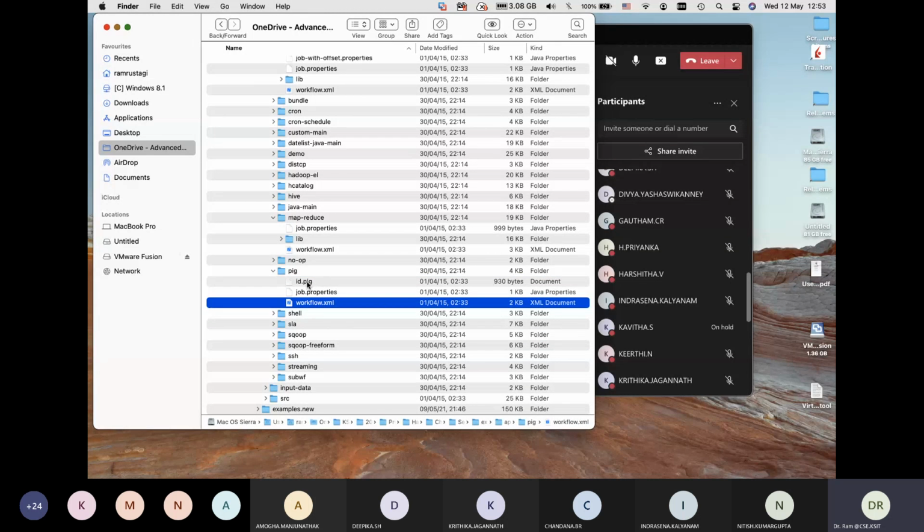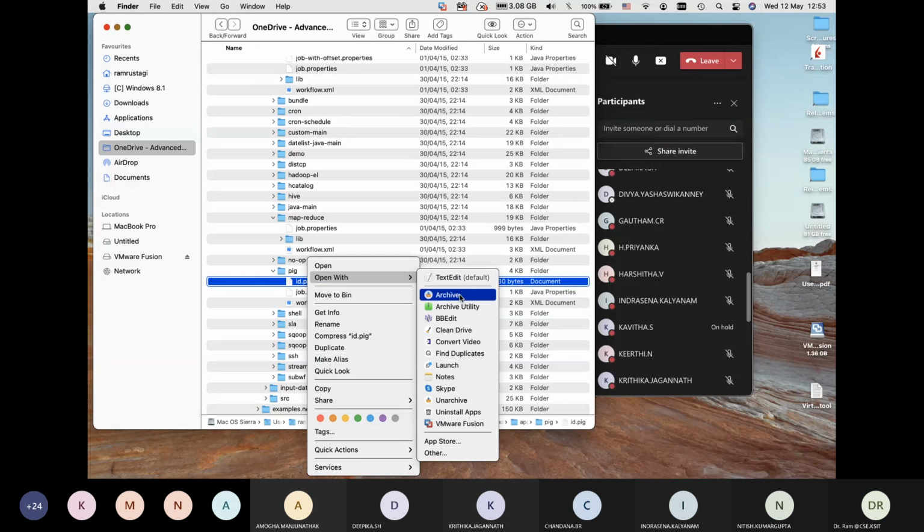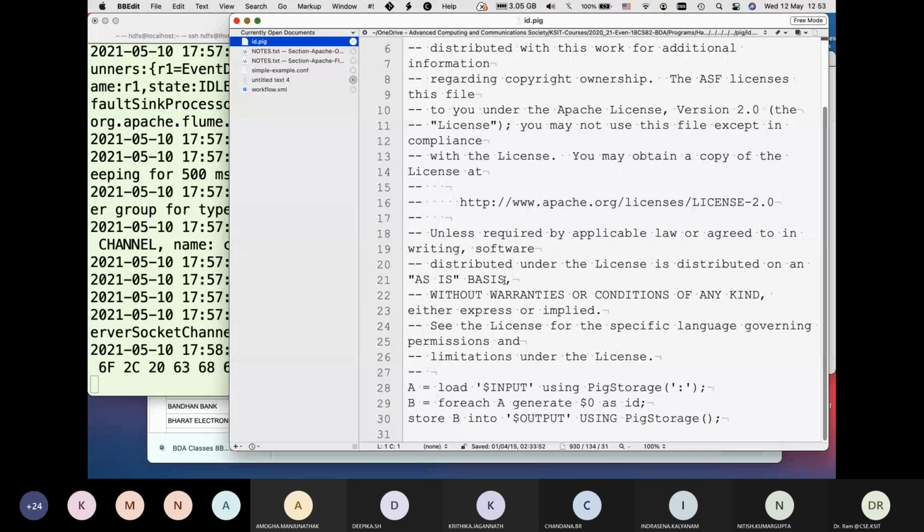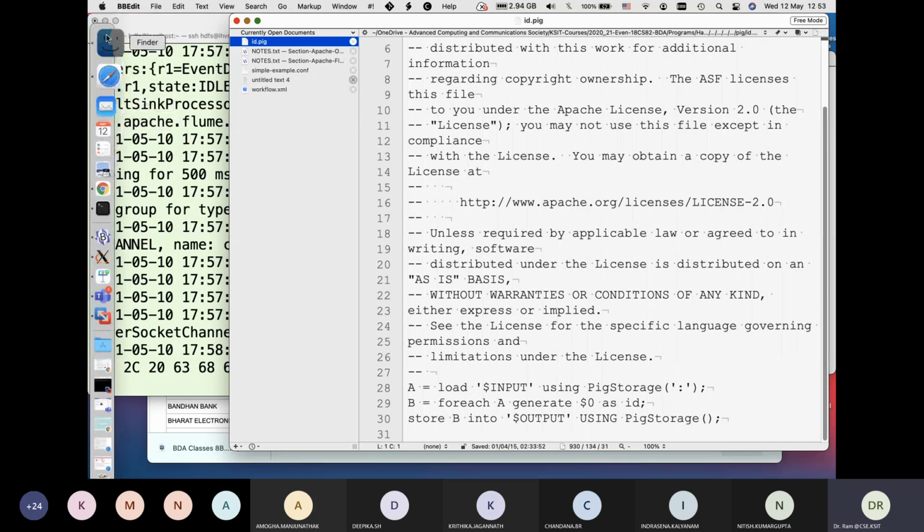So this is our id.pig script, which we ran, reading and writing into Pig storage, and you can look at the respective workflow for that.